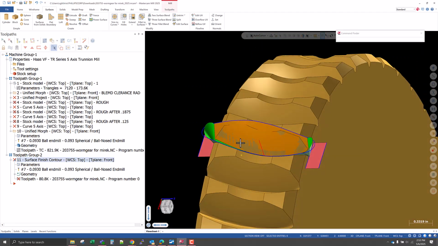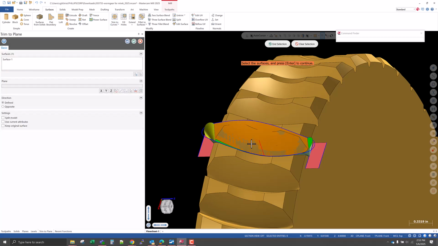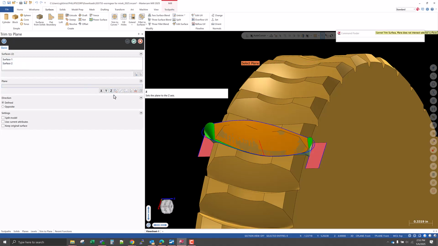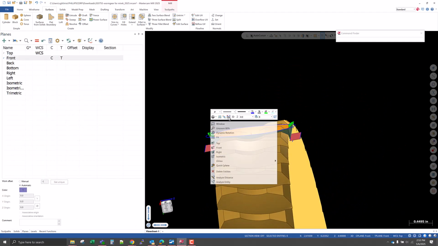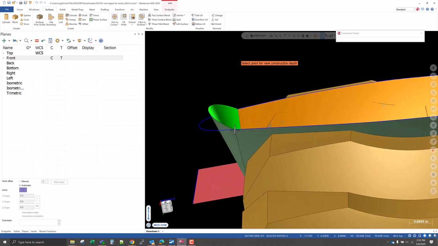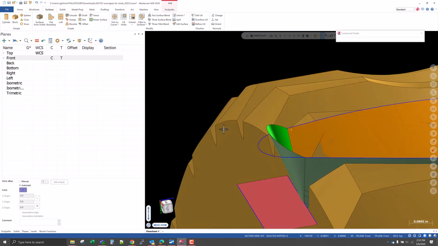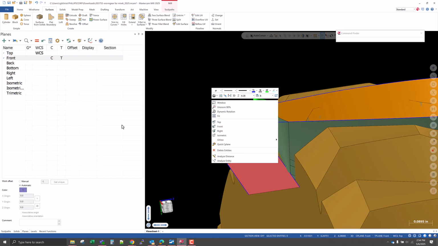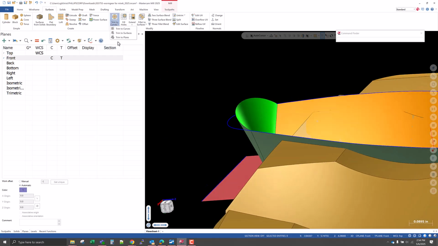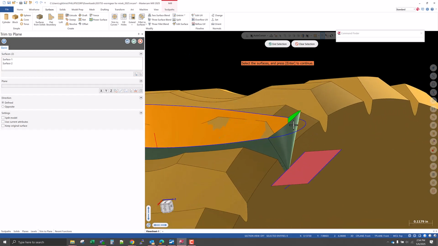Select OK. I am going to trim these. So I will do surfaces, move that out of the way. Surfaces, trim to plane. I'm going to trim that surface and that surface. And we want, let's do this first. Let's go planes, make sure we're in front. Let's make sure our Z depth is set. There it is, 4.28. So we do trim to plane, that surface,